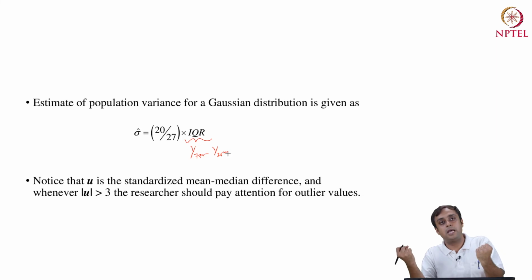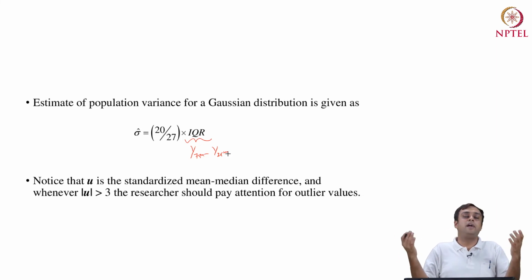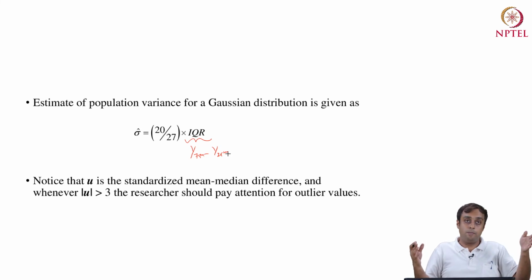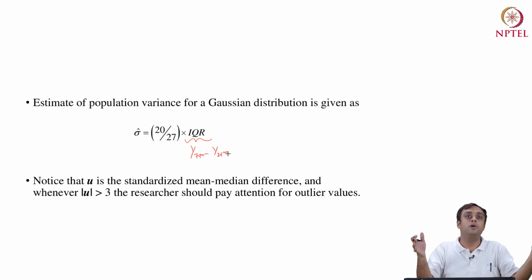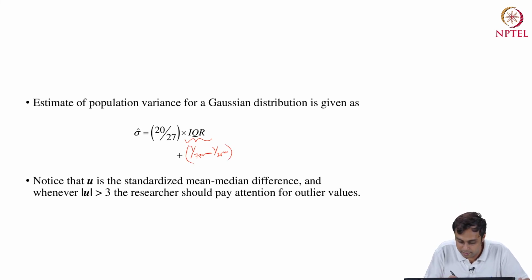When you are at the 75th step, it's the 75th percentile, right? So 25th percentile will have 25% data which are below this value, right? And 75th percentile is one where 75% of the data are below or lower than this given value. Okay, so IQR is nothing but y75 minus y25, multiply that by 20 over 27 and you have your